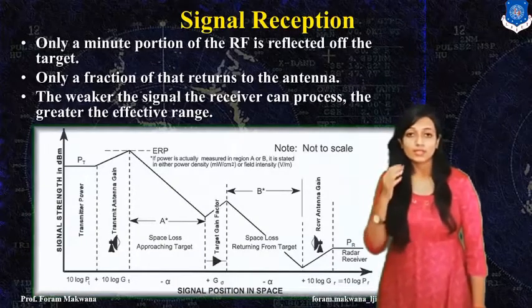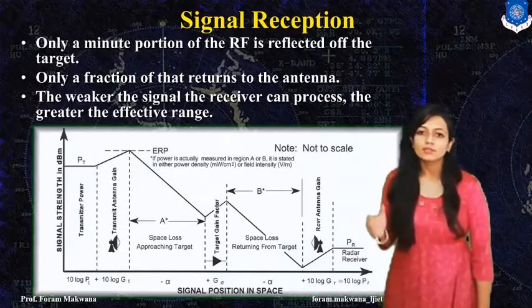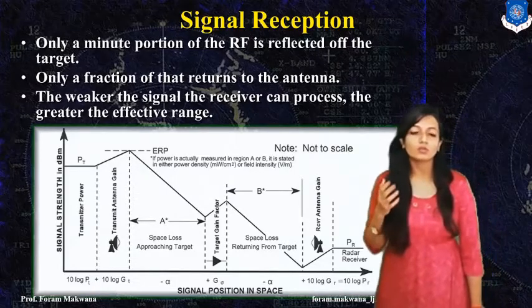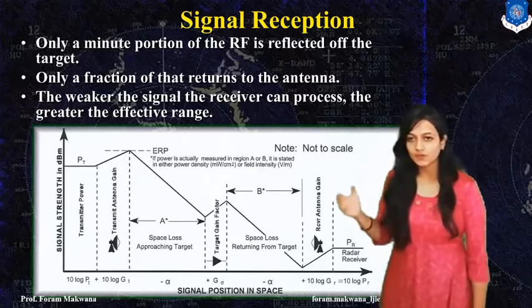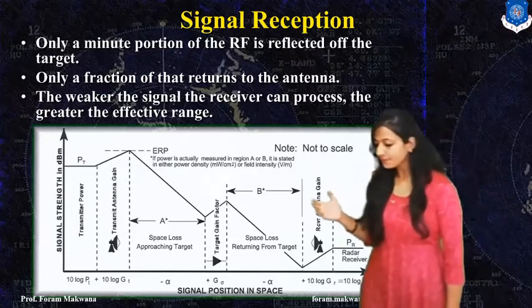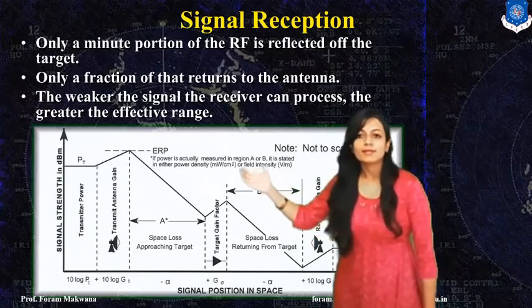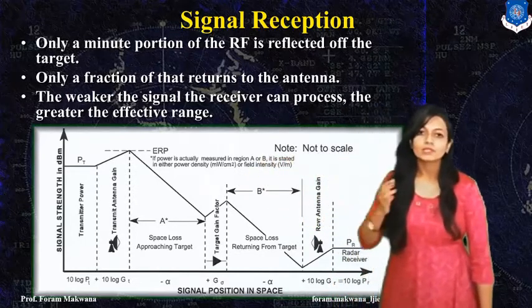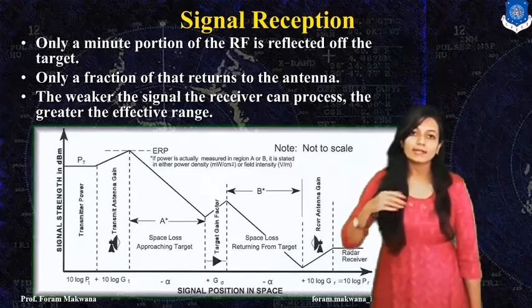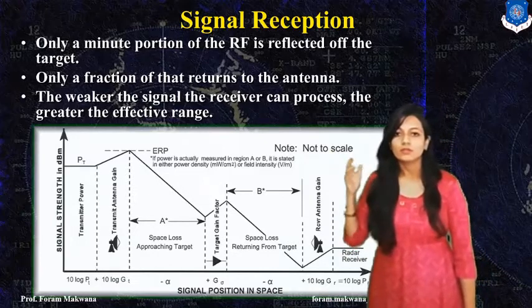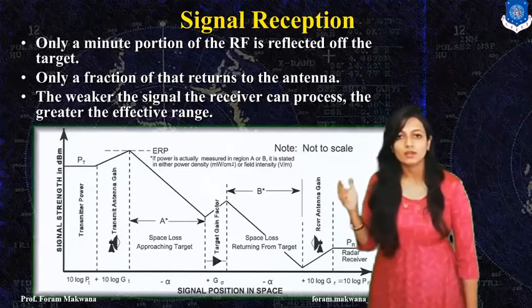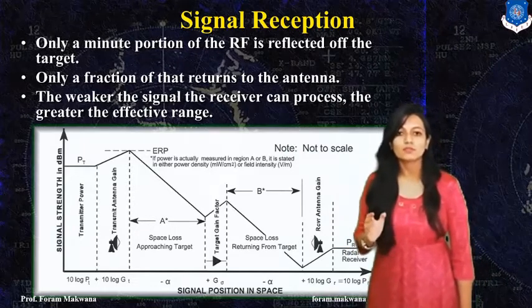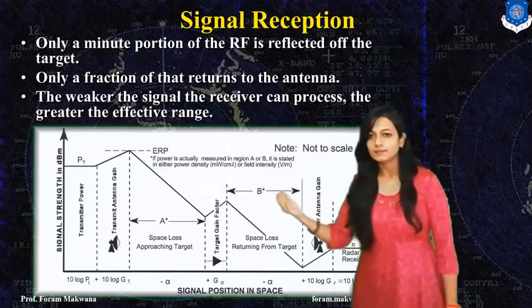So, for the signal to be received, we must know what different parameters are going to be affected. The first one is transmitted power, that is P, right? Transmitted power is directly proportional to the radar range. If the range is going to be increased, the transmitted power is also going to be increased. Okay? Second,